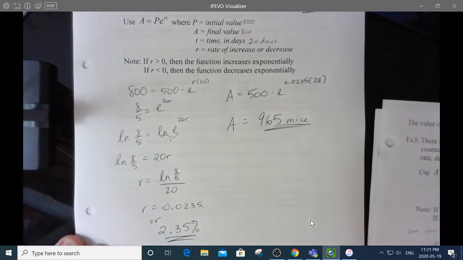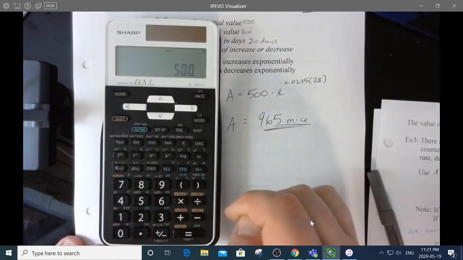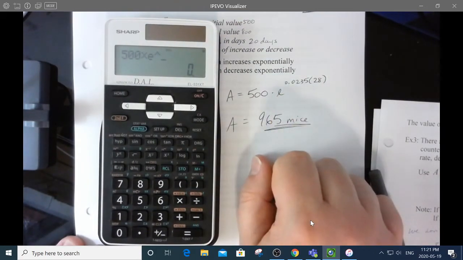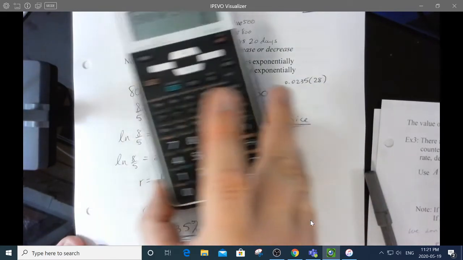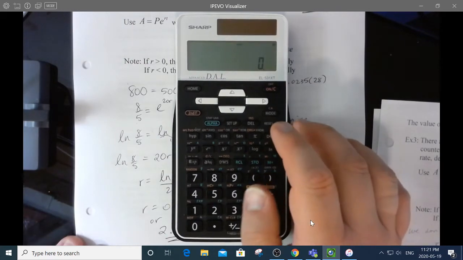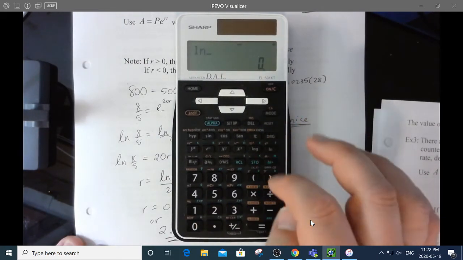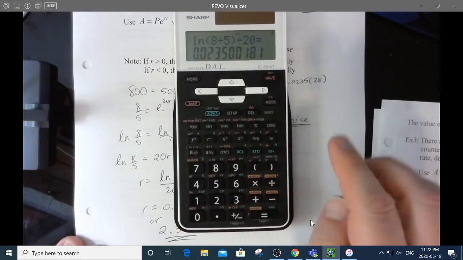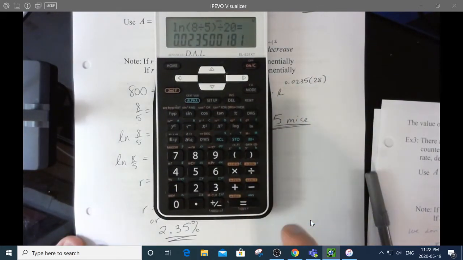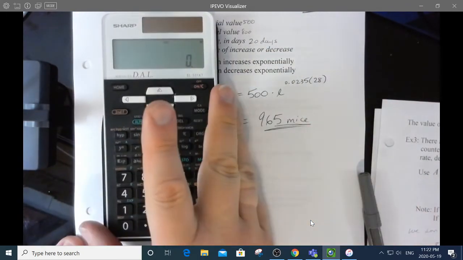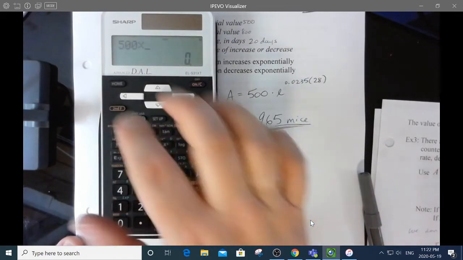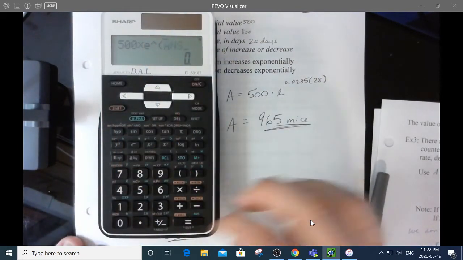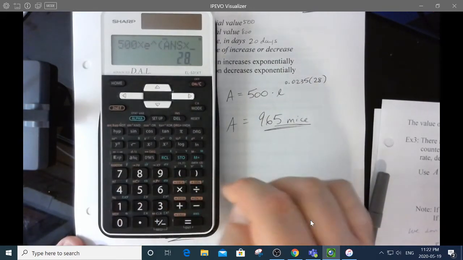Okay, on this kind of calculator, it's actually much easier to punch what I just did. It'd be 500 times, and then this button here gets E all ready for that big ugly exponent. Oh, but I don't actually have the other number. I guess I should go back and get that. So that was the natural log of 8/5 divided by 20. There we go. Another advantage this calculator has over the other one is it has that answer button. So it'll remember that number in my next calculation. So 500 times, and then E to the power of, open a bracket, and then my answer times 28, close brackets, equals